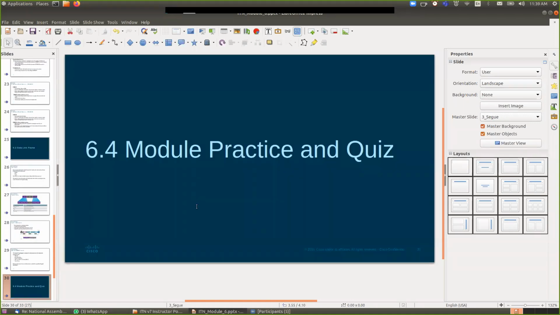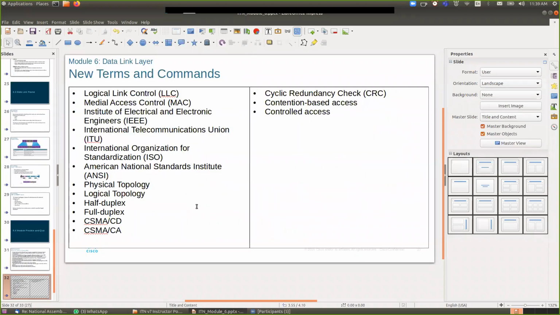So that is the end of today's slide. This is the entire slides for the data link layer, okay? So if you have any questions, queries,